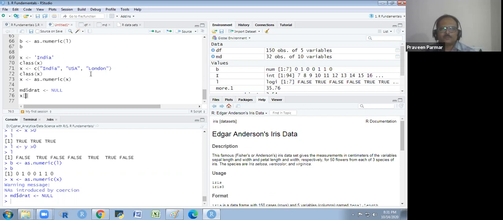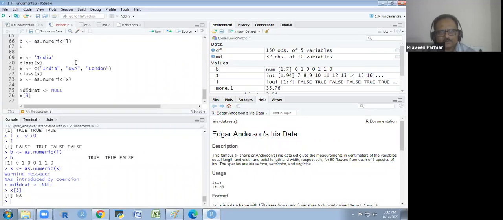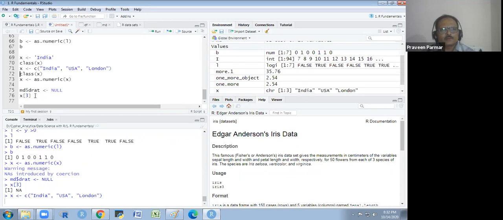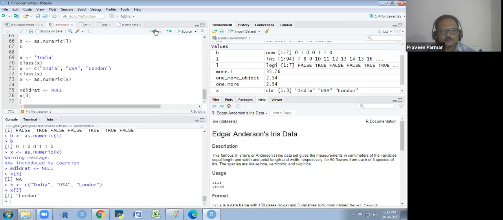So here you see, I want to substitute something instead of London, but I can't remove the space where the London exists. In the third place index. So it is the third index. It is a NA. 1 2 3 X. First I run X, and then it is a London.